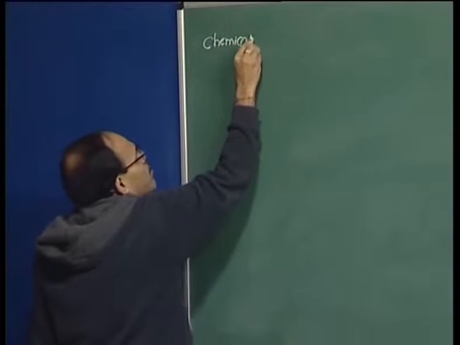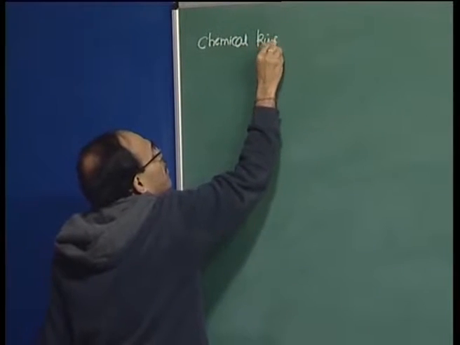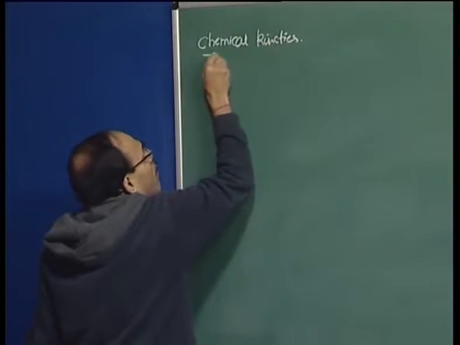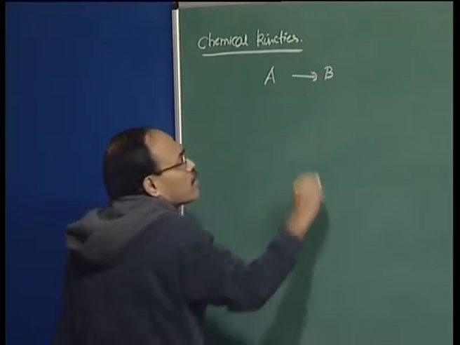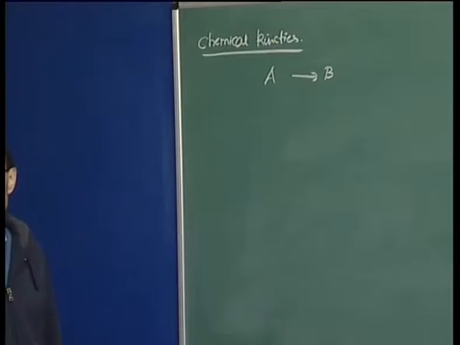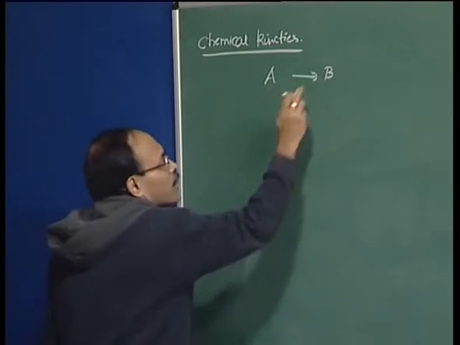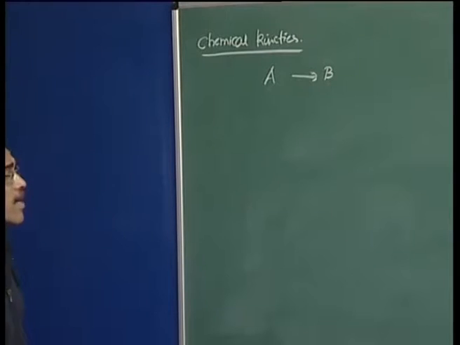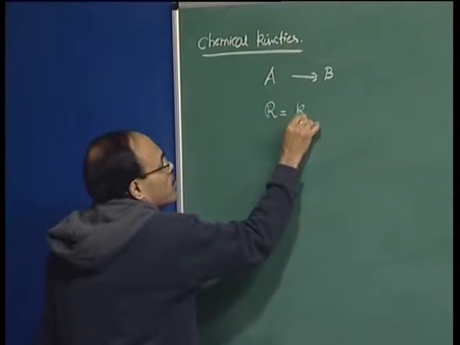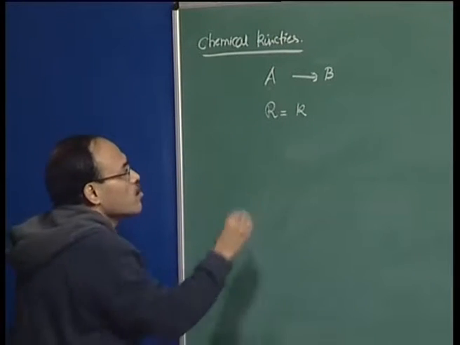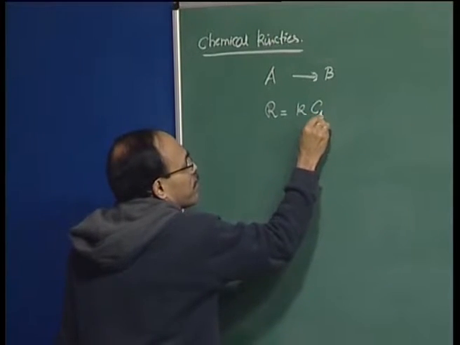I will very briefly just mention some of the key concepts. Suppose we have a forward reaction, in which a gaseous product A is being converted into a gaseous product B, and I can say that the rate of the reaction is equal to the rate constant times the concentration of A raised to the power